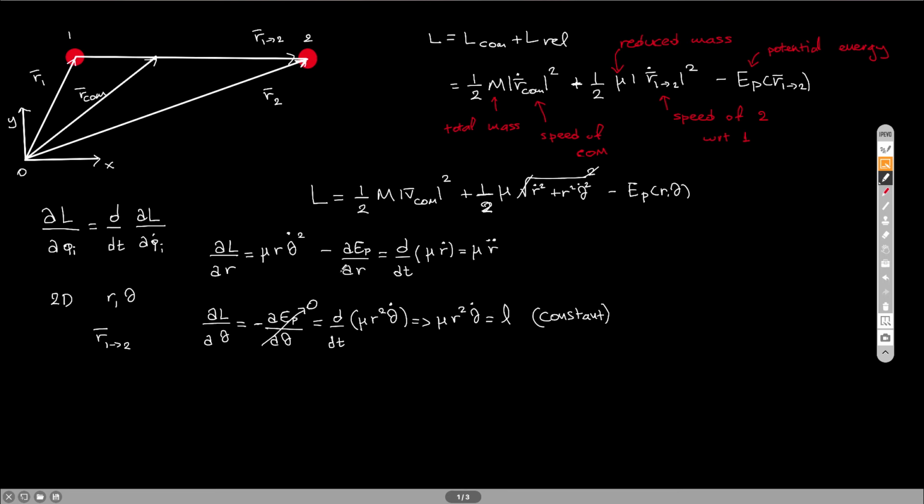And one thing that I can do, since I found that this is a constant of the motion, I can use this expression and solve for theta dot and say theta dot is L over the reduced mass times r squared, and I can use this and plug it over here. Let's see what we get. So it should be theta dot squared